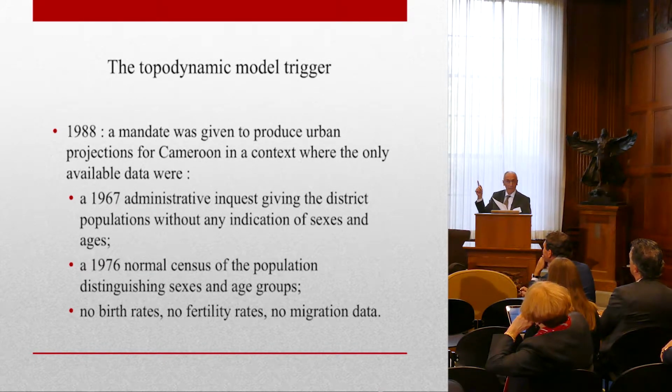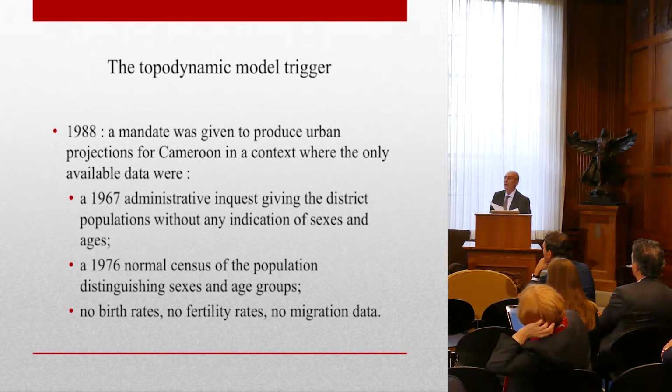And we had a second source of information: a normal census of population, distinguishing between sex and age groups, but it was made in 1976. We had no birth rates, no fertility rates, no migration data, nothing. So I decided to go back to Weber,